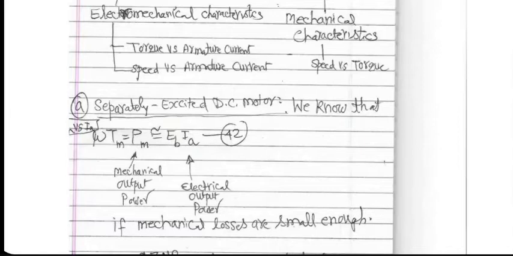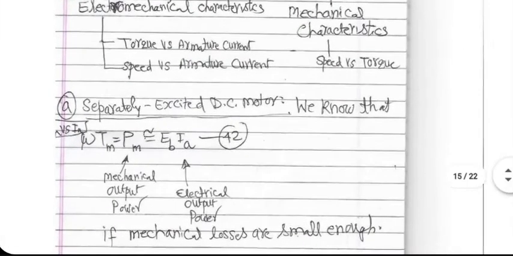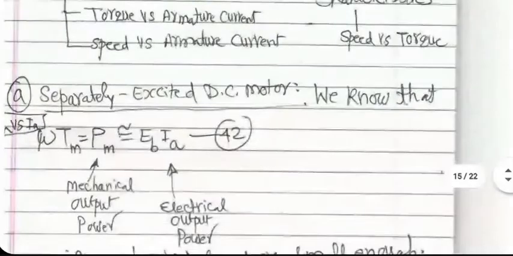And let's ignore mechanical losses. In that case, the mechanical power will be same as electrical power, which is EB IA. And mechanical power is omega into torque, machine torque, or motor torque, which is Tm. So the equation that will govern the behavior of the motor is equation 42, right? I'm probably repeating this equation. It was mentioned earlier also, I know that, but so be it.